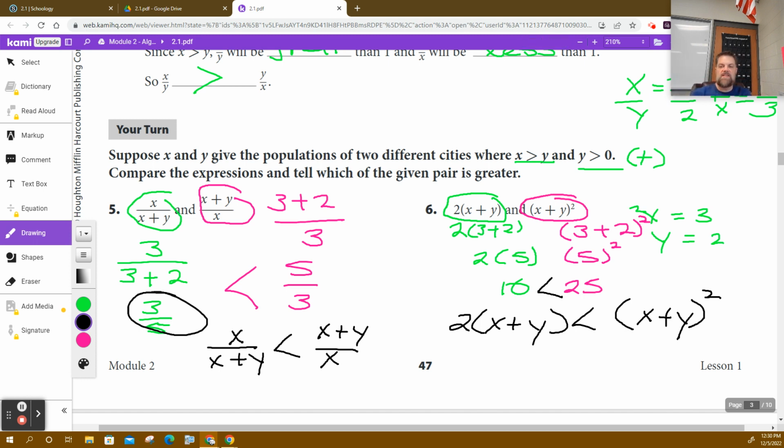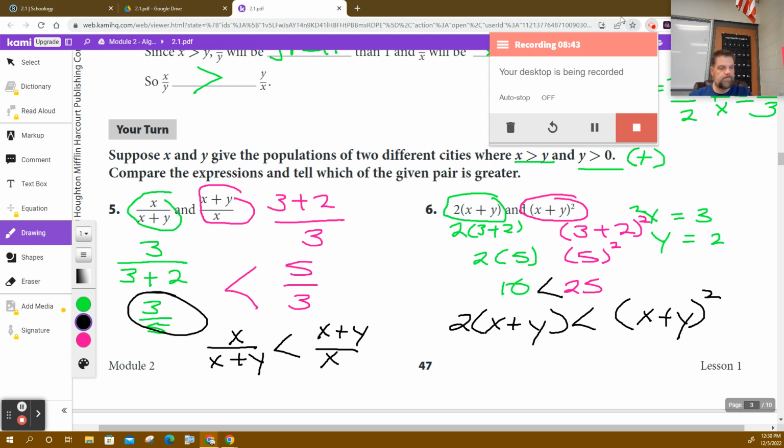So when you get to these types of problems, and we're going to do some for our homework, sometimes it's easier just to plug in a statement that's true. In other words, X is greater than Y, and 3 is greater than 2, and then just do some math and see how it works. That's the easiest way to do that. There are more complicated ways to do that, but they're not algebra ways. Well, they are, but they